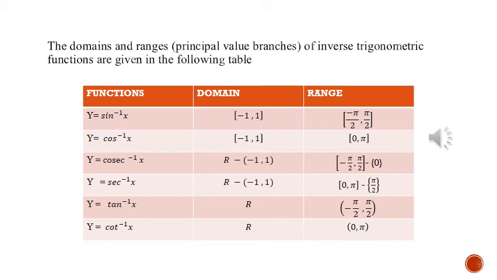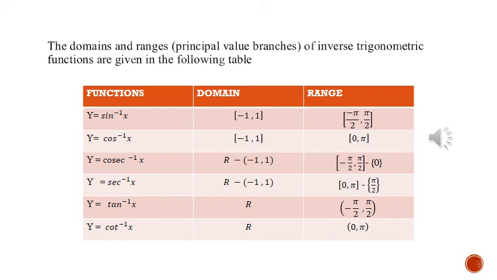When we consider the cos function, inverse is cos inverse x. Its domain is the same as the sine function, closed interval -1, 1. But its range is 0, pi. That you can observe in your textbook. The graph of y equal to cos x is given. Then you can understand from 0 to pi where we find the cos function takes values from 1 to -1.